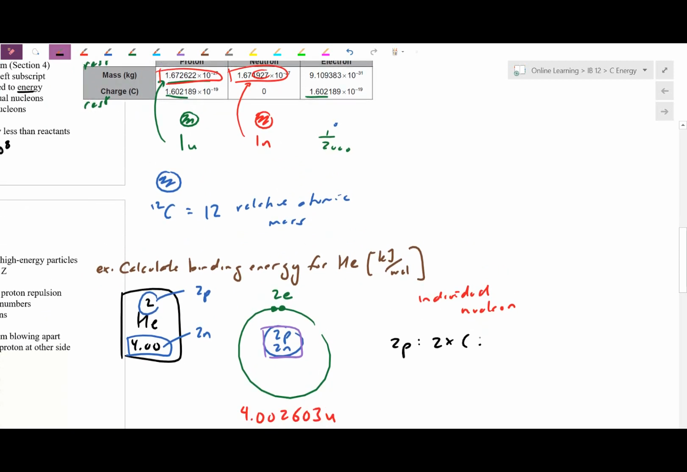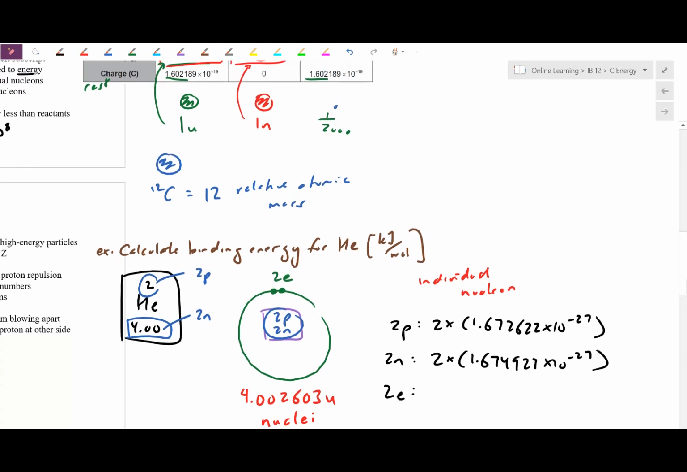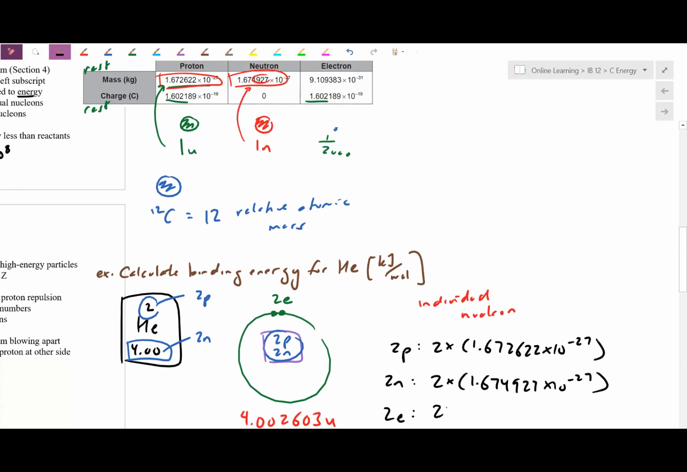Since I have it, I'm going to copy that number directly down: 1.672622, you have it in your data booklet. That's currently in kilograms. 2 neutrons, likewise, I have 2 times; a neutron is ever so slightly bigger, 1.674927 times 10 to the negative 27. I'm going to throw in electrons just for convenience here. Again, usually we ignore that. So in this case, we're going to have 2 times